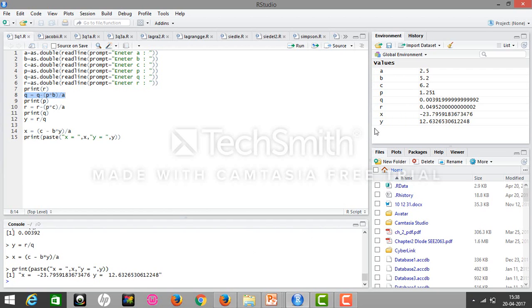This is just because, as we can see in this part of the screen, the value of q evaluated from this is so small, that is 0.0035. So there will be an ill condition, and the values of x and y will be very different from solving manually. So here's the ill condition, and here's the program to solve the system of equations using Cramer's rule and implement it in the R programming language. Thank you.